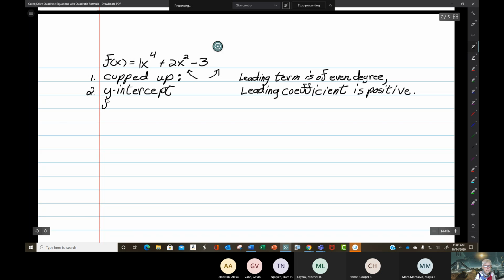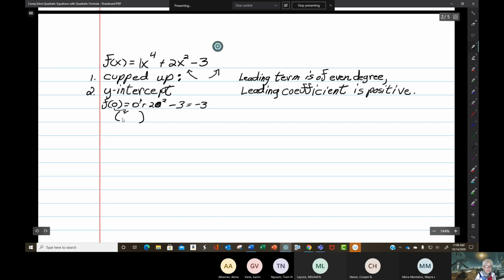The y-intercept for any polynomial, and in fact for any function, is going to be f of 0. You let all the x's equal 0, and what you end up with is -3. So the y-intercept is going to be the point